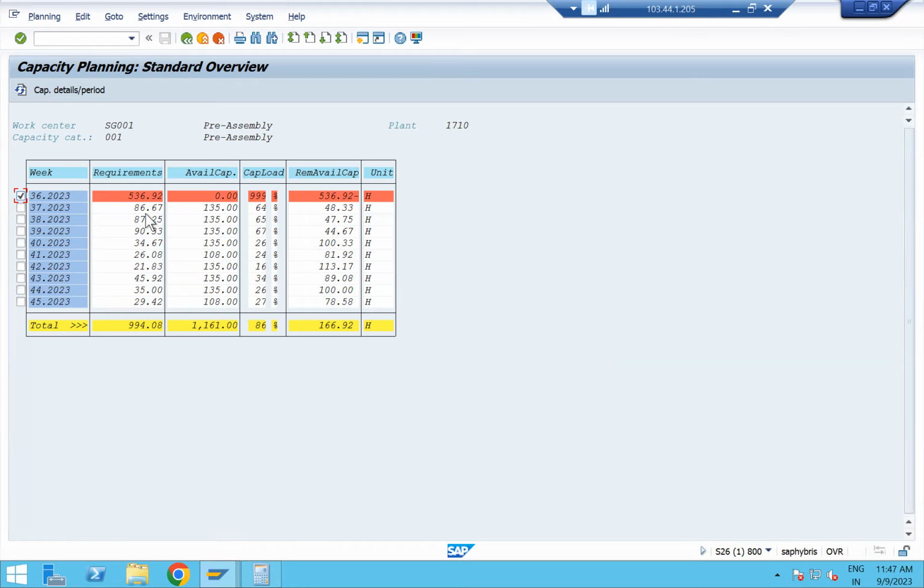Sir, but only for the production order we will do the scheduling and everything, not for the planned order, because a planned order is not a finite order. It is capacity planning only, not scheduling. Okay, sir. Then planned order and production order. Even scheduling you can do with a planned order because